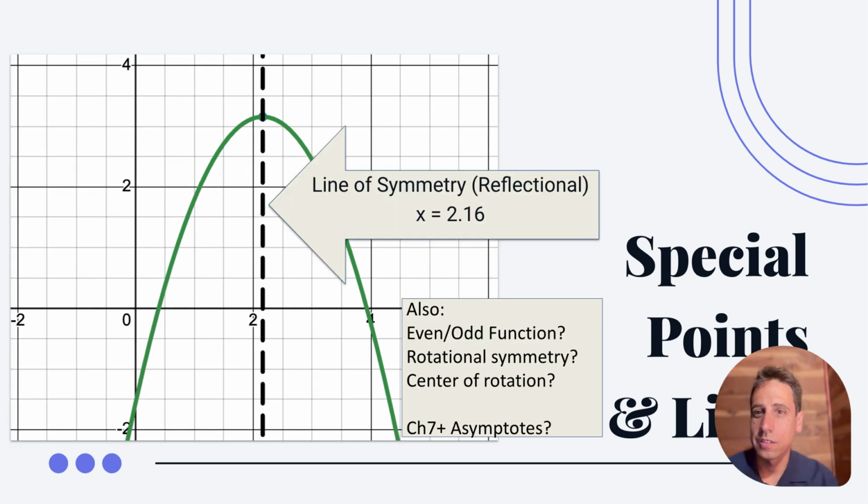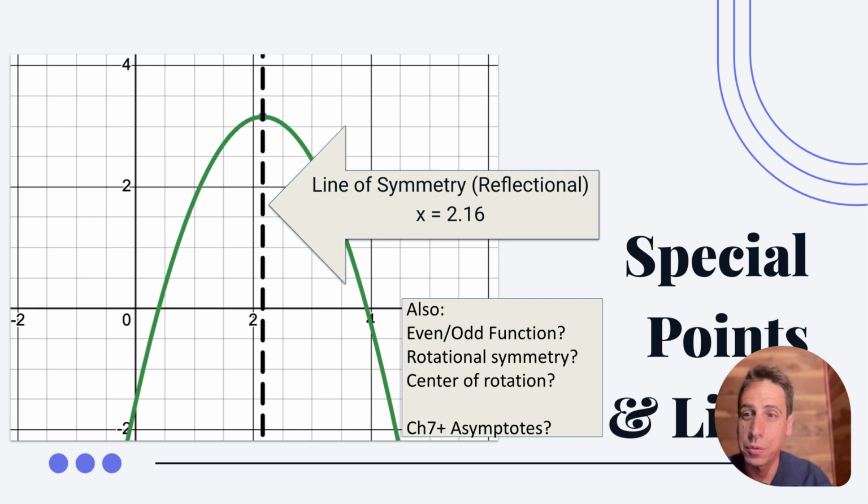Is there symmetry, or is there a line of symmetry? So you can see this has a line of symmetry. It is reflectional symmetry over the line that you can see right there, vertically graphed, and the arrow is pointing to it. So I'm going to say this is not an